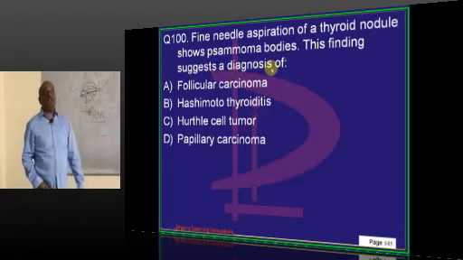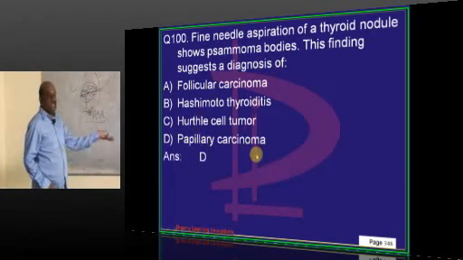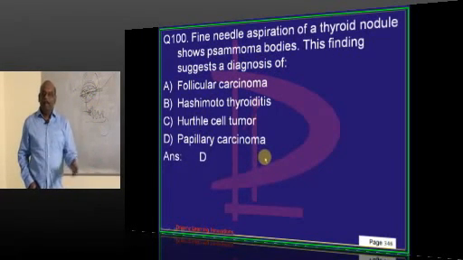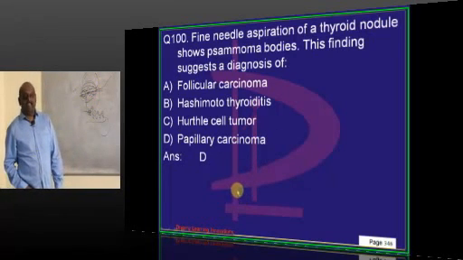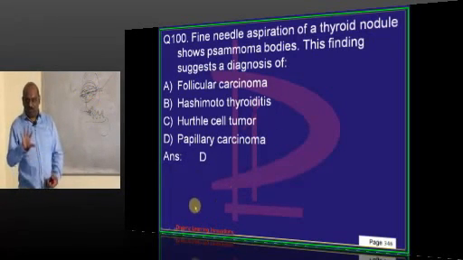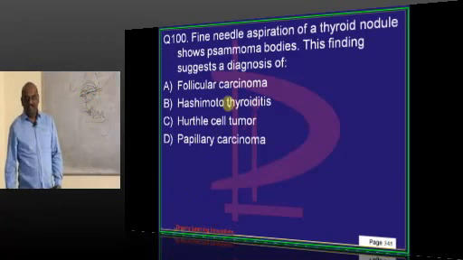Fine needle aspiration of thyroid nodule shows Orphan Annie bodies? Papillary carcinoma. Biscuit question है. कितने हो गया biscuits? 6 biscuits in the first 100 questions means another 4 biscuits in next 50. So 10 biscuits